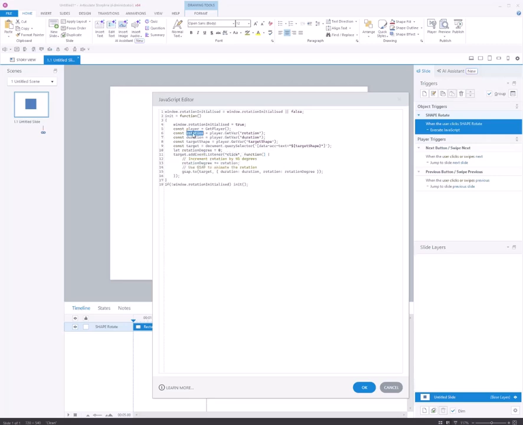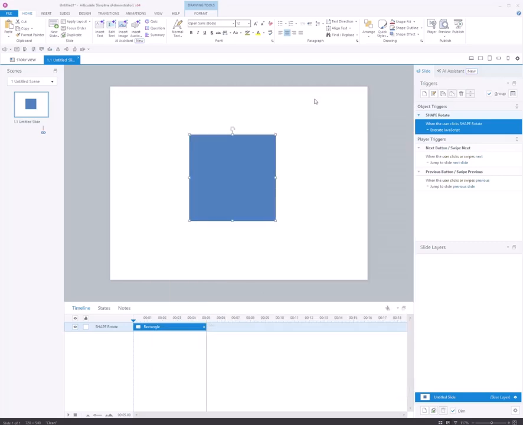So you can see we're using these variables here. So rotation is used here. So this is incrementing the rotation degree by 45 degrees. Then we've got the duration is here. Target shape we are getting from the document here, and then we apply the event listener click to this target, and then we execute the GSAP function on this target as well. So we've got the click event and then the rotation. Okay, and then that looks like,